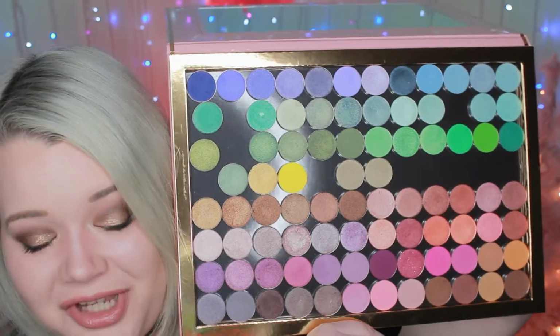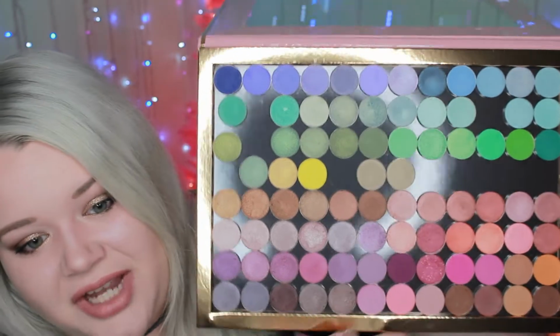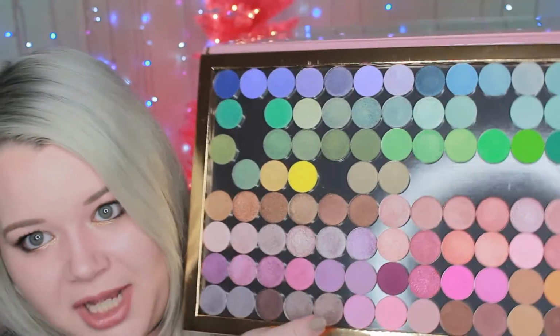This is from Colored Rain, and it is their Giant palette. I really like the color of this. I love that it's pink, but another thing I love about this is I can fit so many eyeshadows in it. Let me open this up so you can see. I actually have 2 of these, and I have tons of shadows in them, so there's a few missing spots from whenever I was looking for dupes and stuff, but I love that I can keep all my eyeshadows